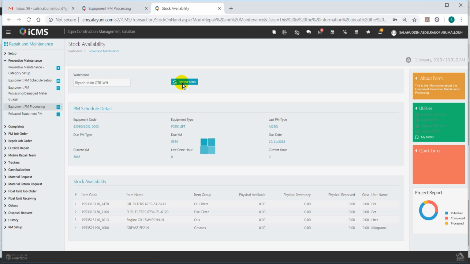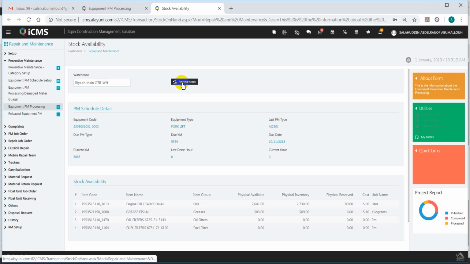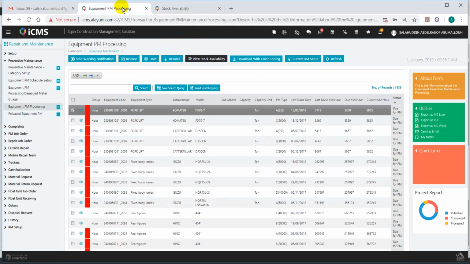Yes, just to simulate the idea that you can view the stock. See, we have a stock in OTB for oil and greases. Alright? So based on this data, I have decided,